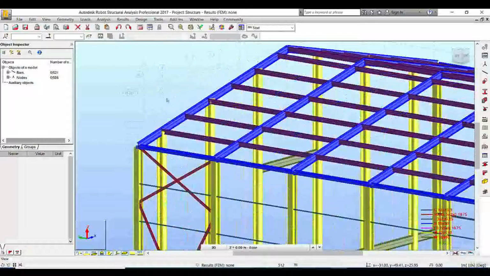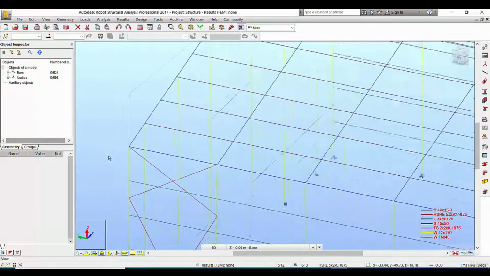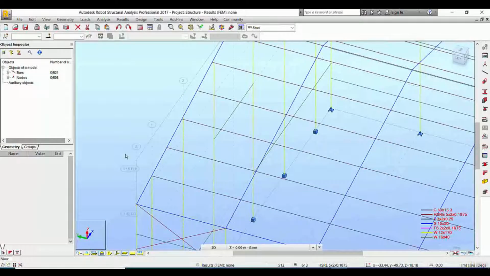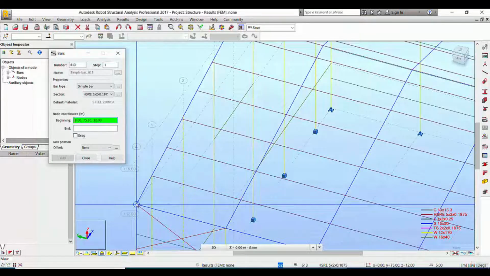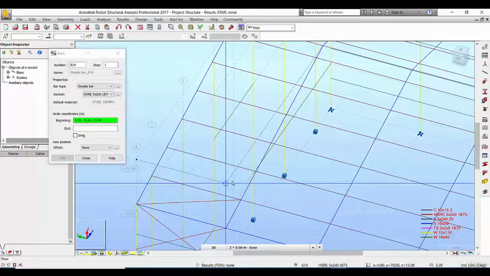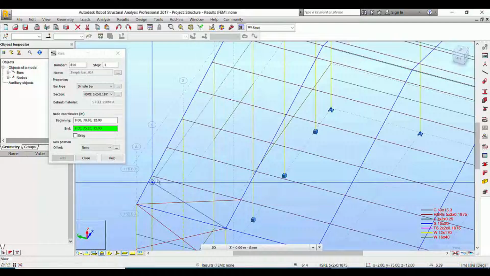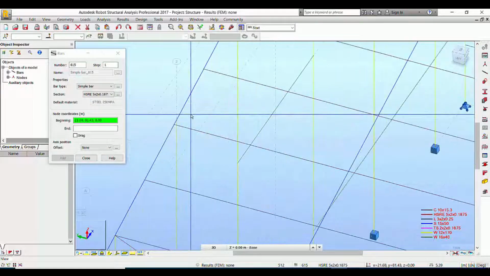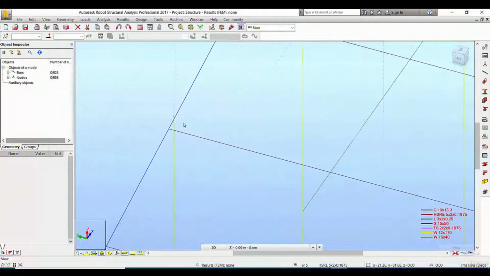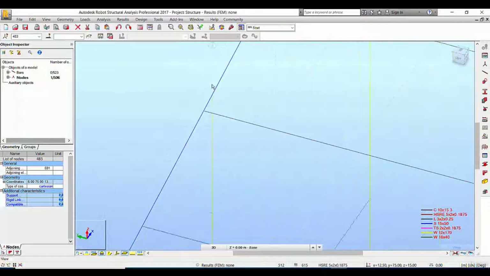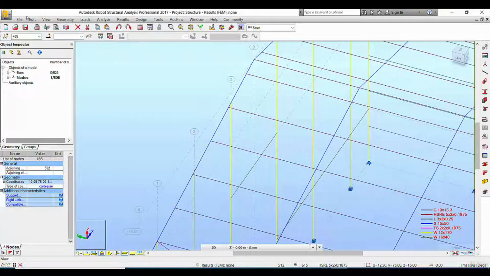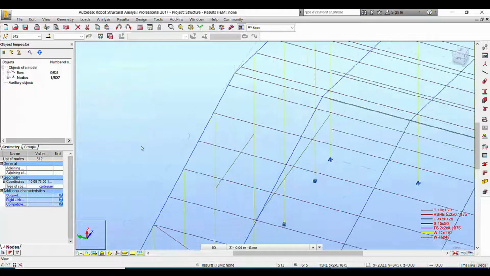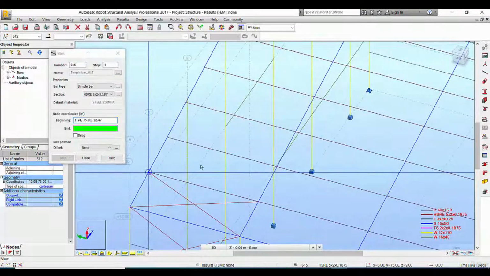Okay. Now we want to continue drawing. Now from here to here and here to here, and now first of all we want to connect this node with this node, edit, okay. So now from here to